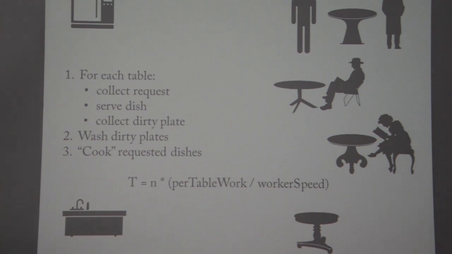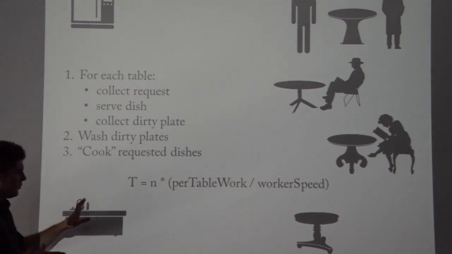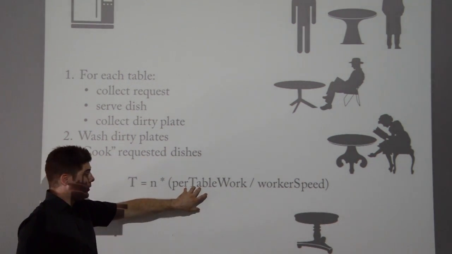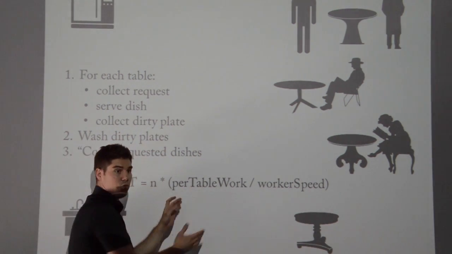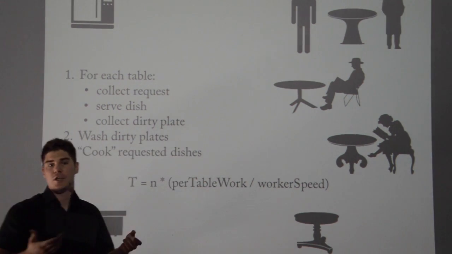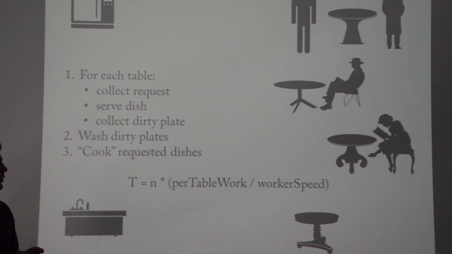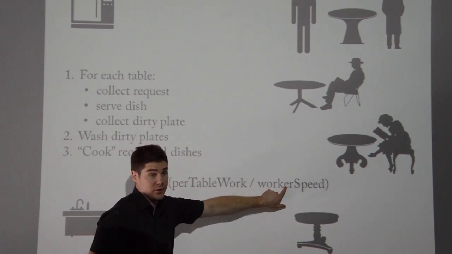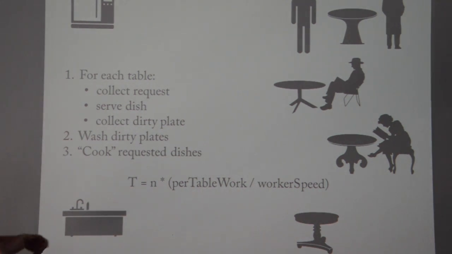And the thing is, you want to reduce this n as much as possible. So then you can notice this per table time is equal to some amount of work that you have to do at a table divided by the worker speed, which is natural, right? The faster you work, the smaller this quantity will get, right? That's why I'm dividing here with the worker speed. So if you increase your speed, customers will wait shorter, which sounds pretty reasonable, right?